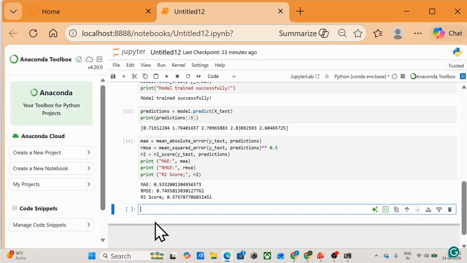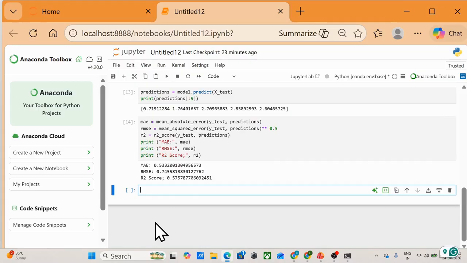Okay, we'll print that. Now you can see over here, basically MAE tells us about the average error in the prediction. RMSE penalizes larger error more strongly, and R2 score tells us how well our model explains the data. So basically a lower MAE and RMSE is better, while an R2 score closer to 1 indicates that our model is very strong.